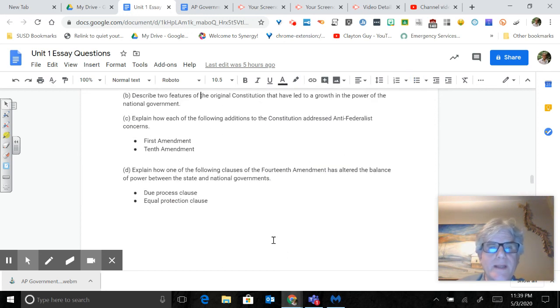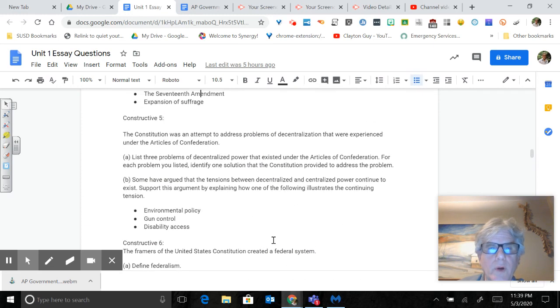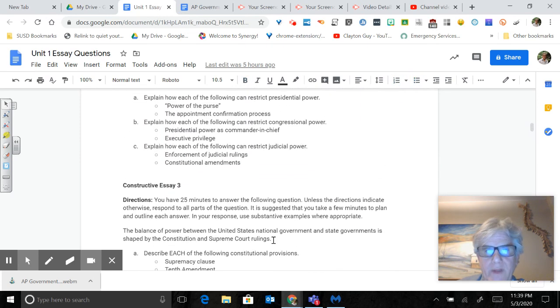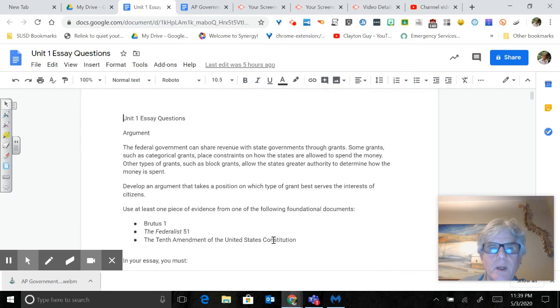essays that we have. Unit 1 essays, you have to do 2 of them. You can pick one argument essay, you have to do one argument, and then pick one other of the essays. I went over all of the answers. You do need to make sure to relate everything to the prompt. Remember to give examples for everything. Give examples of laws, give examples of agreements, give examples of things.